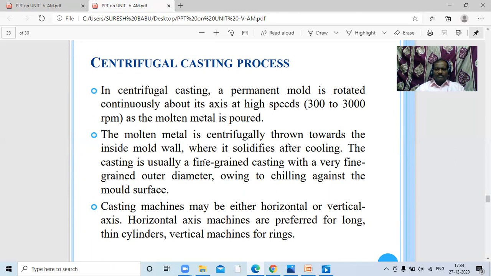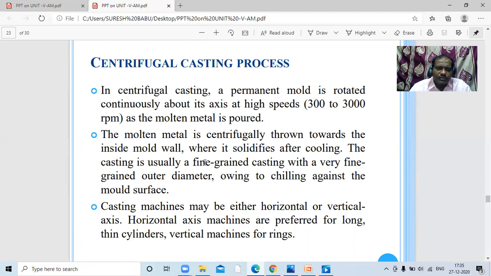The RPM of that is 300 to 3000 RPM. The molten metal is centrifugally thrown towards the inside mold wall, where it solidifies after cooling.